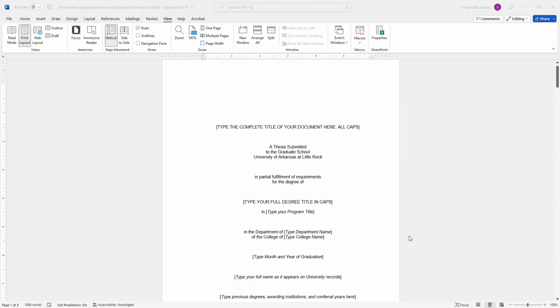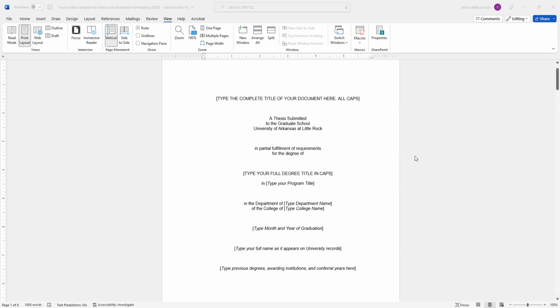All right, here we go. And let me scoot my little Zoom bar out of the way so that I can type over here. Okay, so this is the very first page that everybody needs to have on their thesis or dissertation. And let's talk through how to complete this. All right, so any place you see these little brackets, these are things for you to fill in. Don't leave the brackets there, take them completely out.